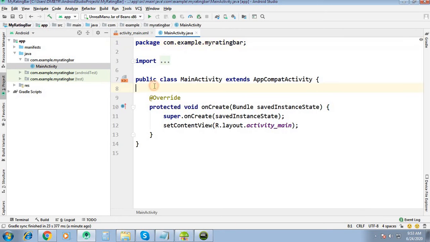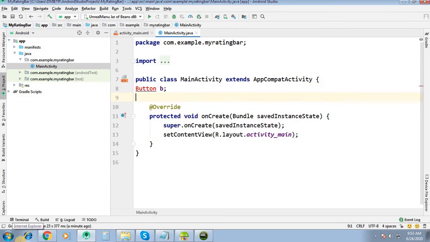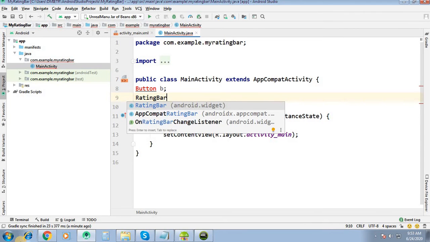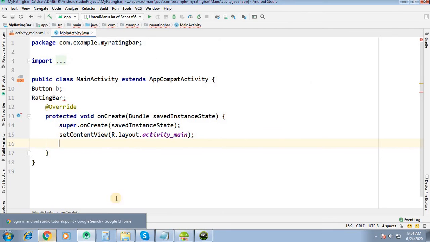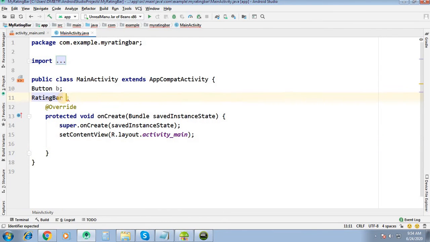So go to our Java file, create a button object, Button B, and create a rating bar object, RatingBar. Alt+Enter to import the class. Map both the button as well as the rating bar. The object is RB.